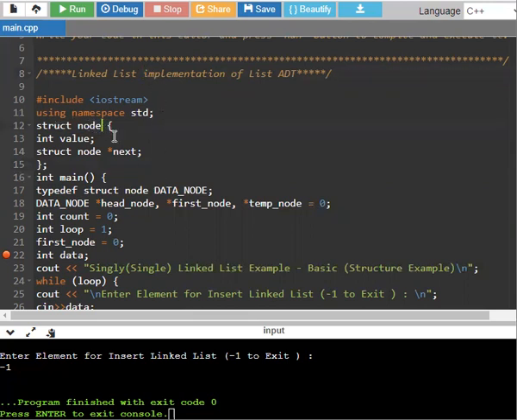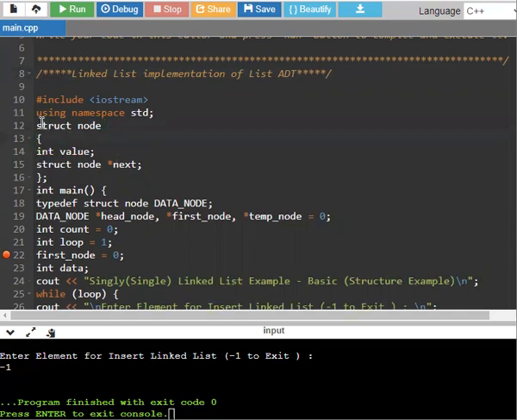So we assume struct as a, and the tag name is node, and declare the value as a variable, and the next is a connecting chain for each node.